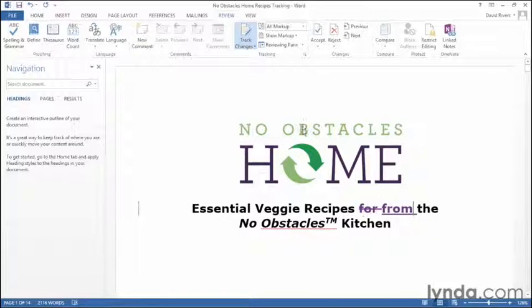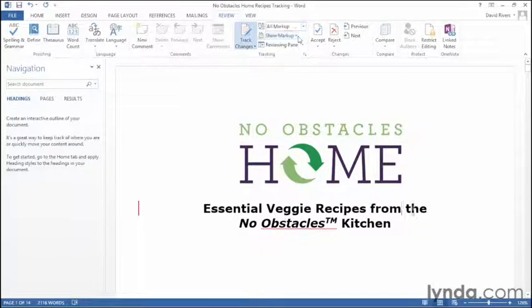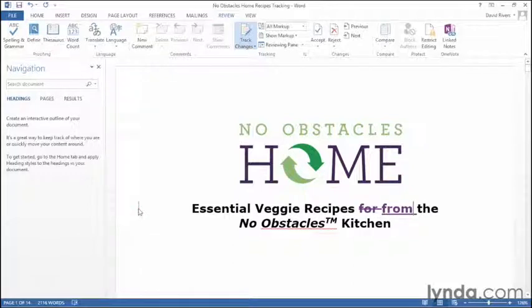And now if we change it to this new feature called Simple Markup, it's more of an uncluttered view. We see the change here, but the only thing that's changed on our page as far as an addition is over here on the left-hand side, this red bar indicating that a change was made on this line. As we hover over that red bar, we can see a message indicating we need to click it to show the track changes. So when we do that, we see those changes just as though we had all markup,